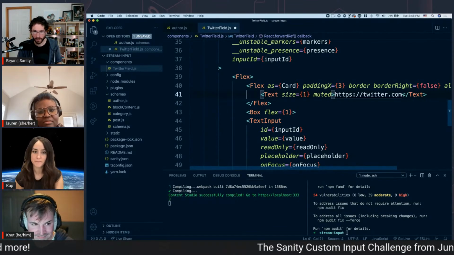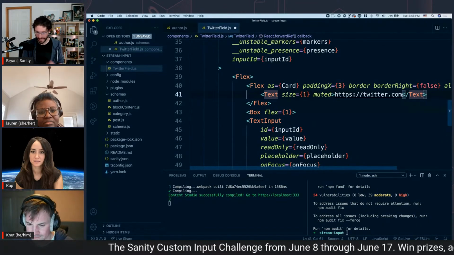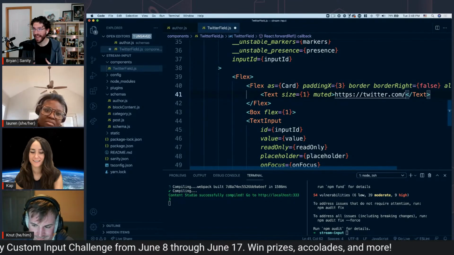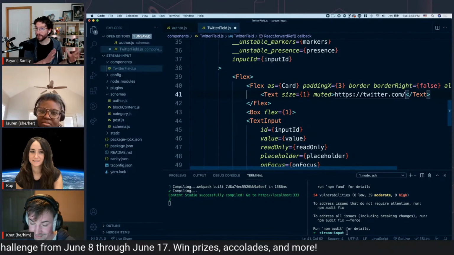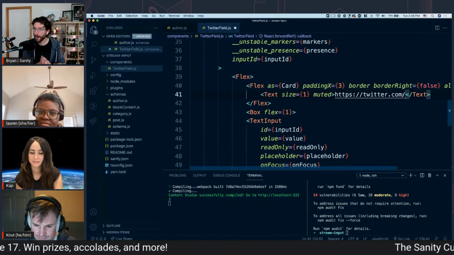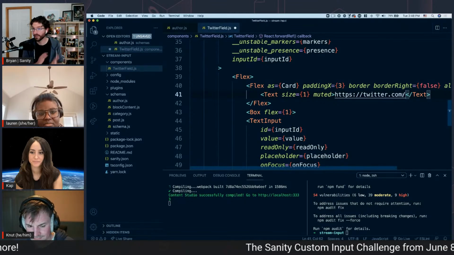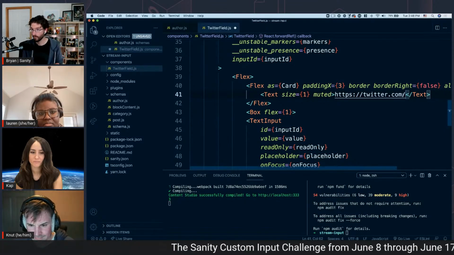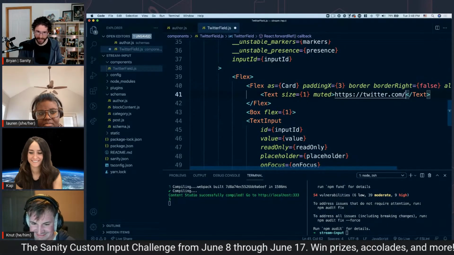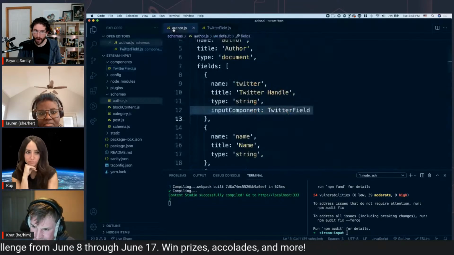So right now, if I want to change this, I have to go into this code, into my component, and add the slash, right? But what if I want to use this and have that first bit be different depending on where it is in the schema? I might want to actually define that in my schema instead of defining it in the custom component. As it turns out, we can do that. So let's not add it here. Let's go ahead and add it as an option in our author